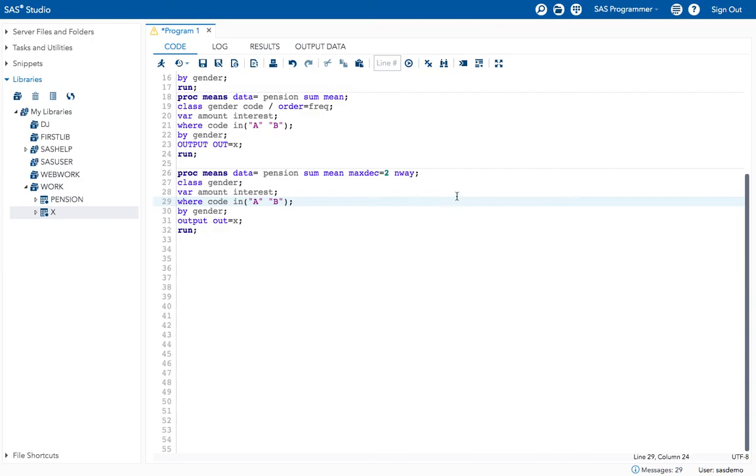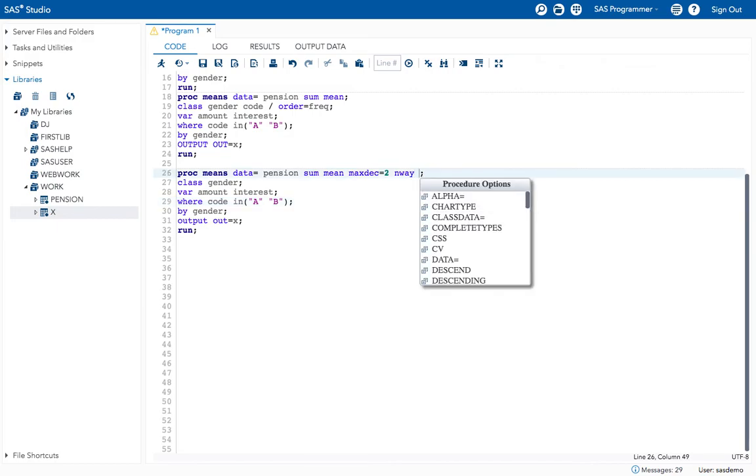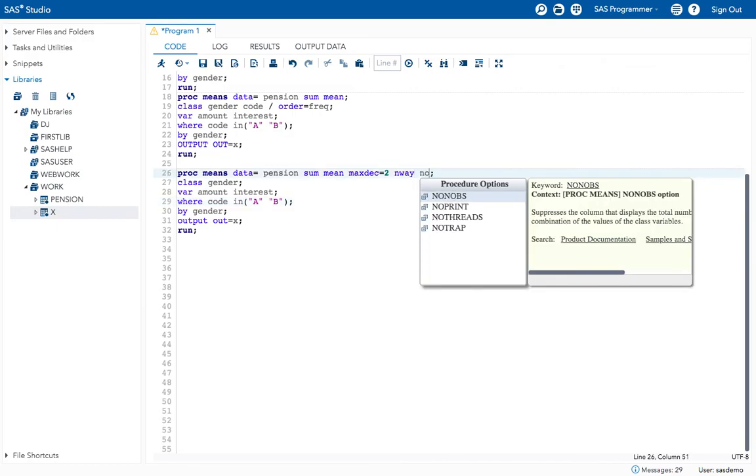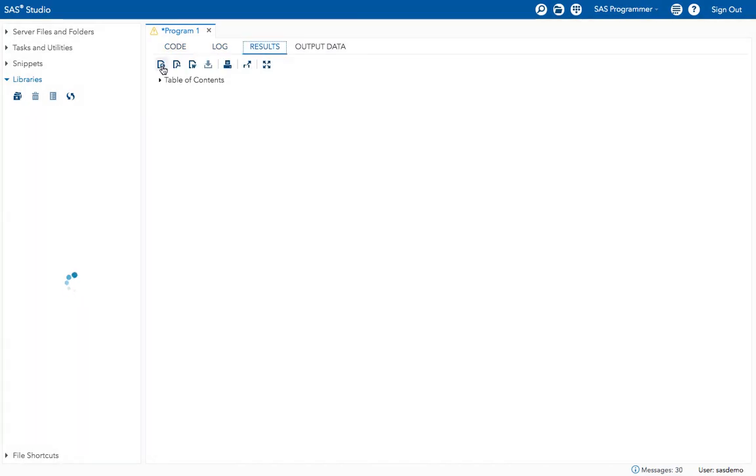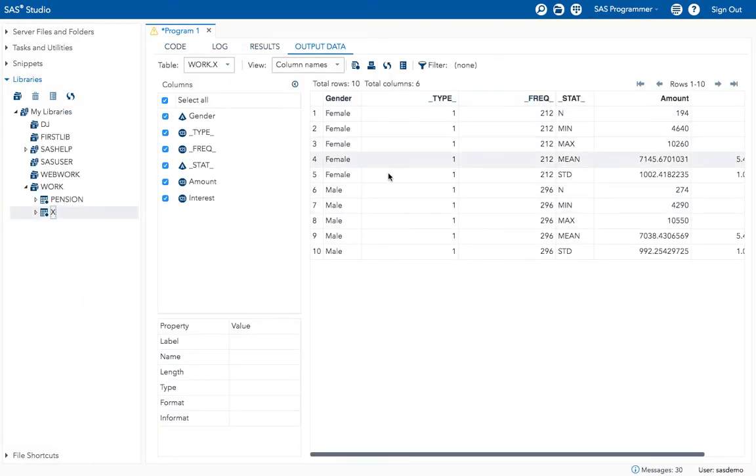Okay, to not print the results in the output window, here in the PROC MEANS statement itself give the NOPRINT option. Now it won't generate results in the output window. See, I didn't get the results in the output window, I just directly got them in the output data set. Okay, like this we can avoid generating results in the output window.